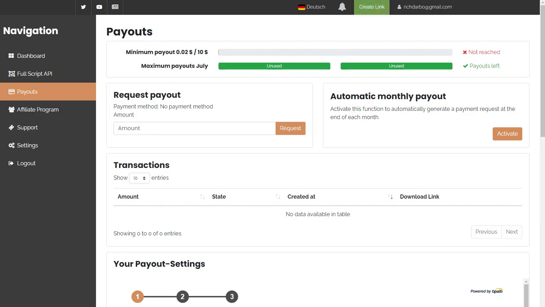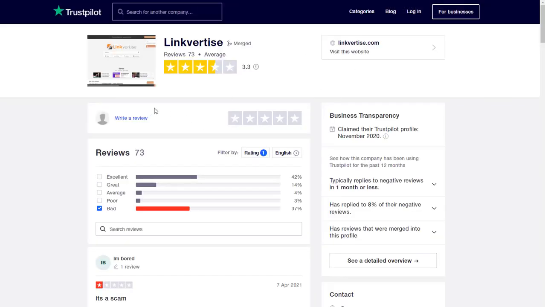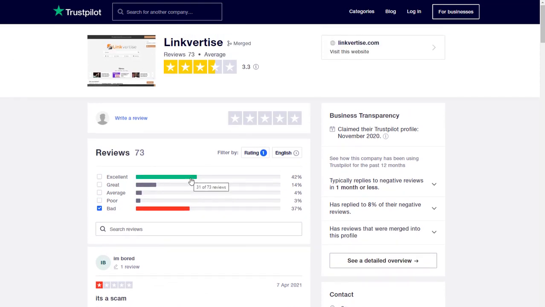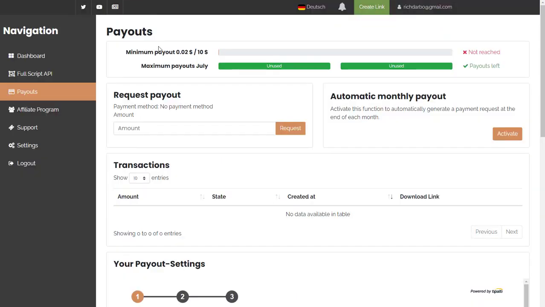When I look at the reviews on Linkvertise, just having a look at this quickly, they got around 3.3. There's as many good reviews as there are bad, and I've got a feeling this is because a lot of the folks that are using this are in the wrong niche to me. When I actually look at this, I see there's a very specific niche this is actually going to work in. So let's jump back and actually have a look at this.